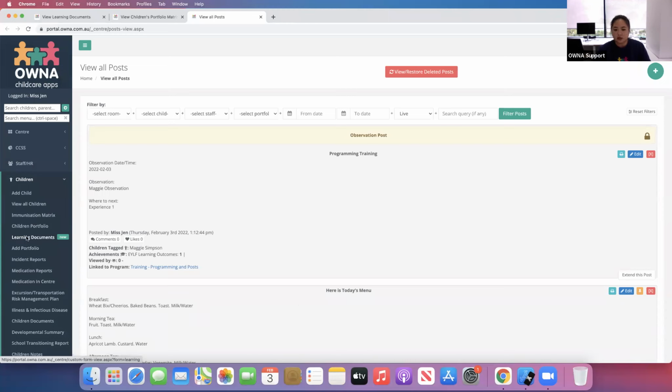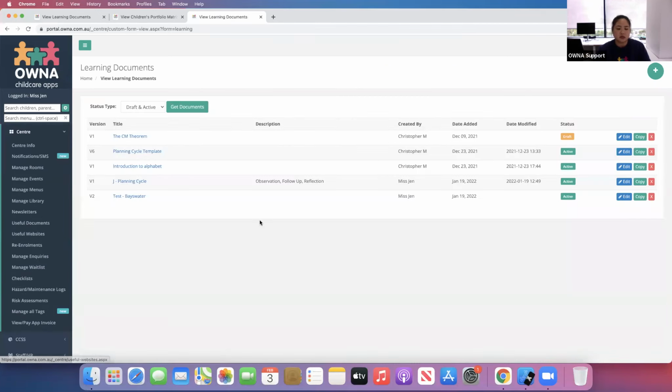Because in the learning documents, that is possible, some observations. So do you mean just ones where you want to keep private, I guess, between staff members? If you were looking for something like that, is there an option to print or add to children's physical portfolios? Okay, I'll answer the question in regards to the observations just for